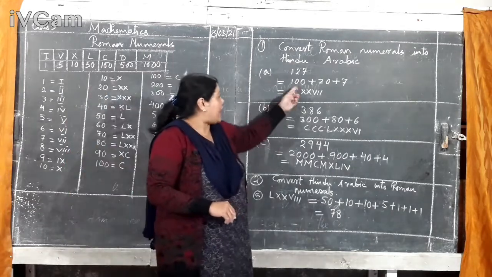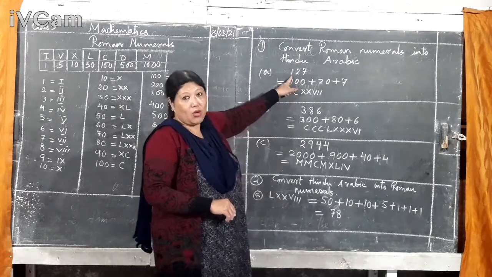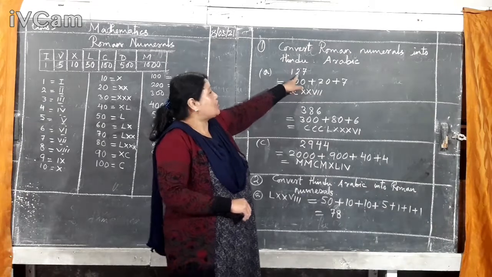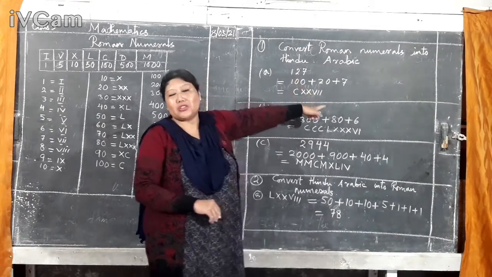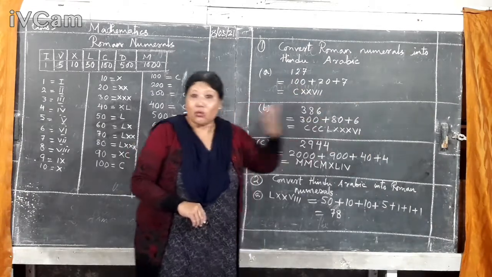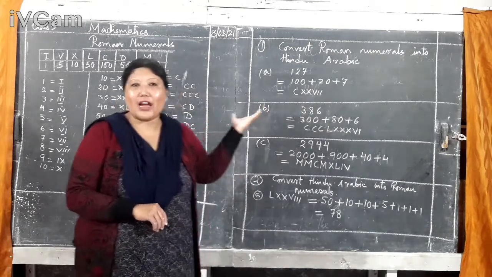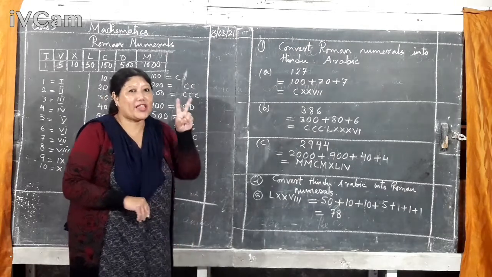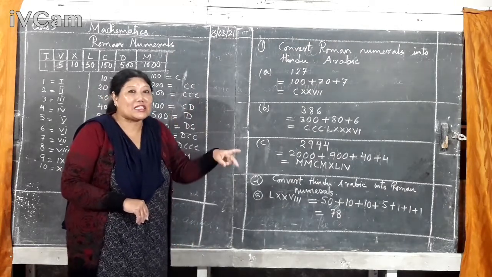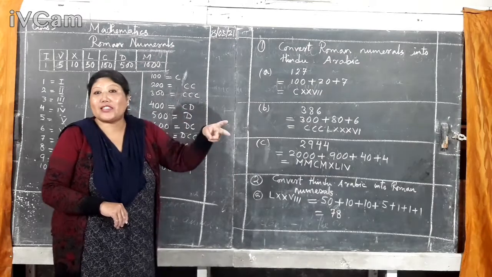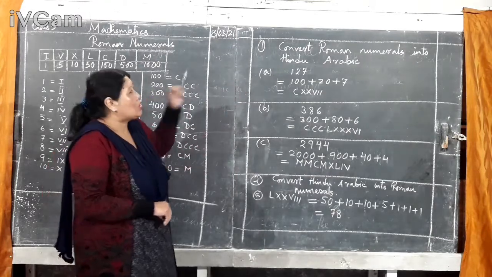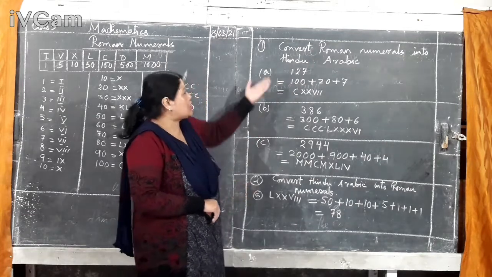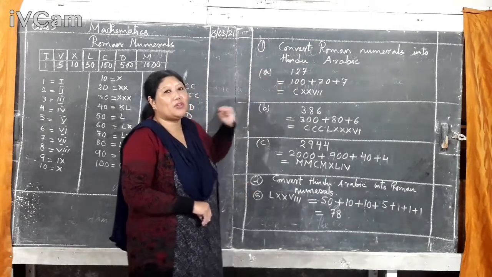Like place value, we have 100, this 1 is in the hundreds place, and the place value is also 100. 2 is in the tens place, so 2 tens means 20. These are place values we have in our system. But Romans, they don't have place values. So 2 things to remember: their system doesn't have 0, and they don't have place values. So here we have the conversion of Roman numerals into Hindu-Arabics.